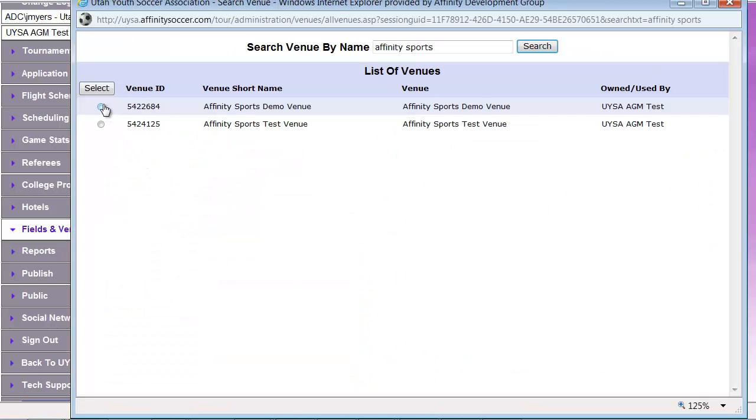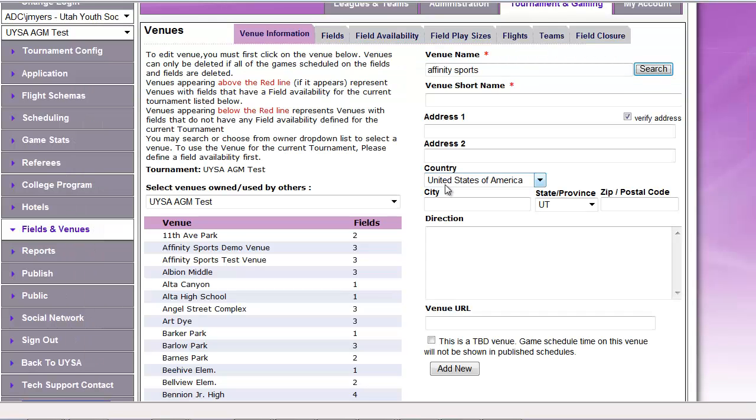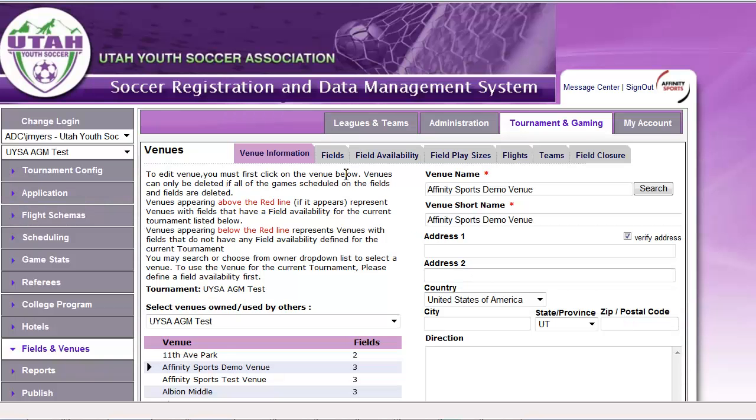and here I'll see any matches. If I click that and select it, it will pull this venue into this location. Okay, so who's playing who? Which 16-year-old team? If I click on the Fields tab for this venue, it's going to show me all fields